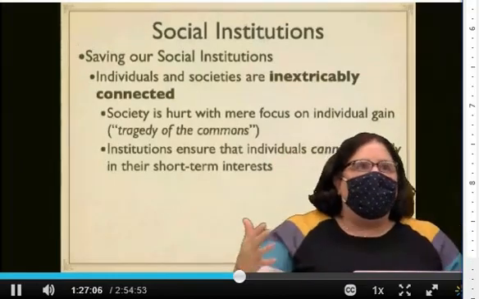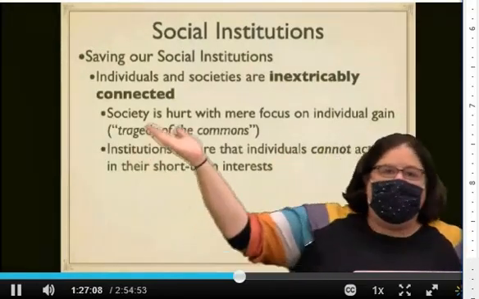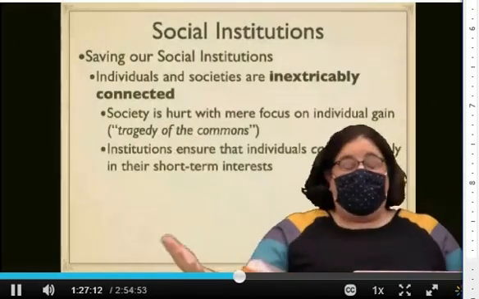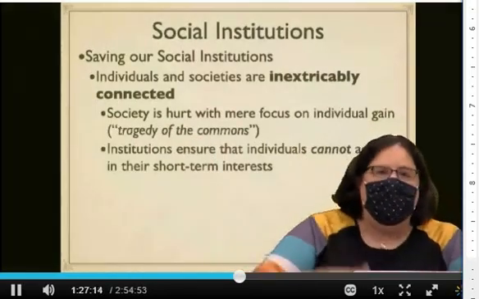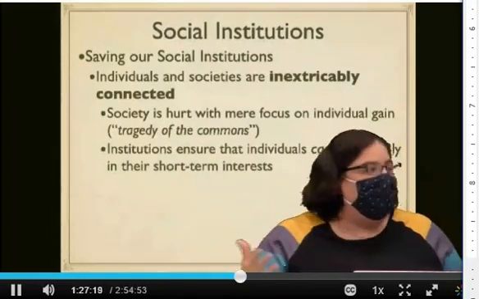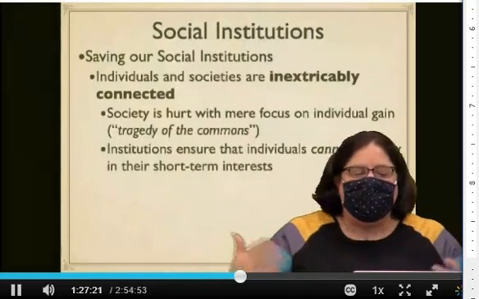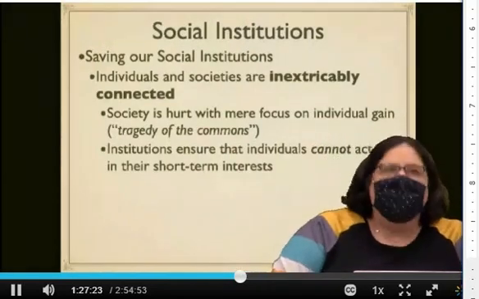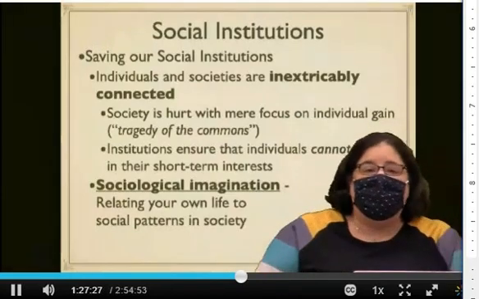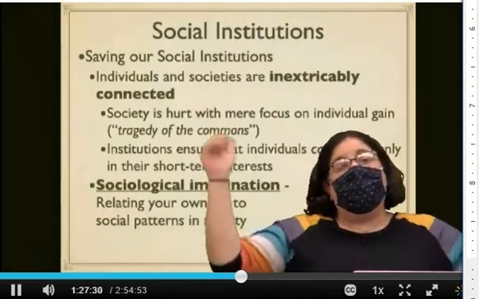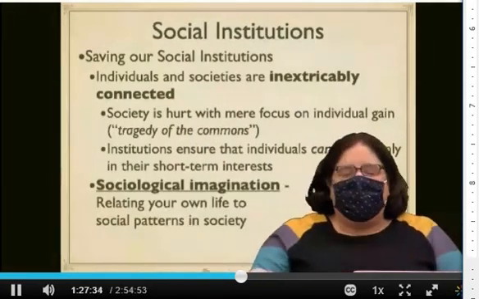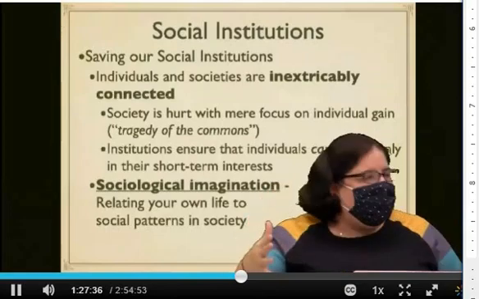By having rules that say you can't only look out for yourself, but you need to look out for others, like, say, in a public health crisis, those are not tyranny. They are institutions ensuring that people don't burn everything down by only acting in their own self-interest. And this is something that sociology has pointed out, in particular as a social science, through the concept of the sociological imagination. We talked about that on the very first day of class with the pictures from Haiti, right?